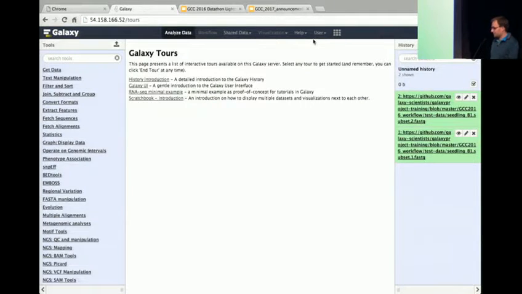So having all these materials available in GitHub is a great way of sharing data with other trainers.